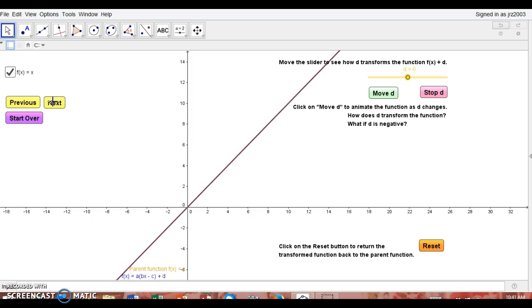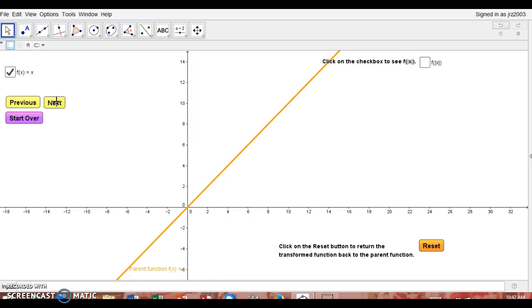How does D transform the function? What if D is negative? So, as D is positive, it moves it up. Or in this case, we could also say it moves it to the left. When D is negative, it moves it down or to the right. And then we look at